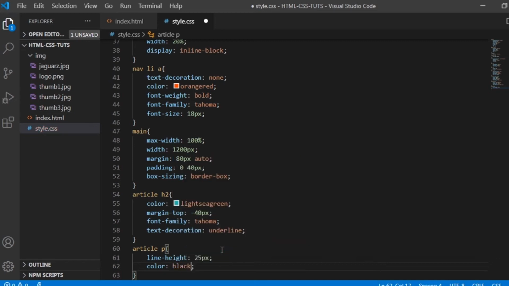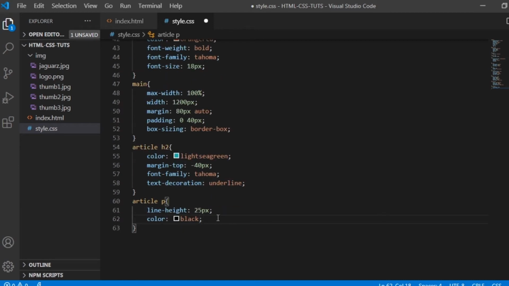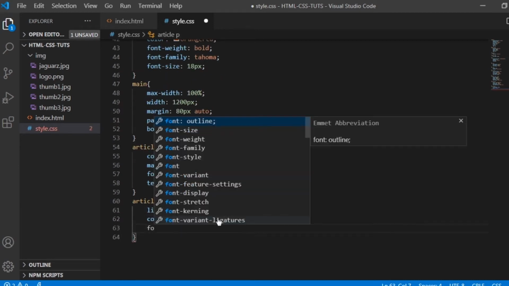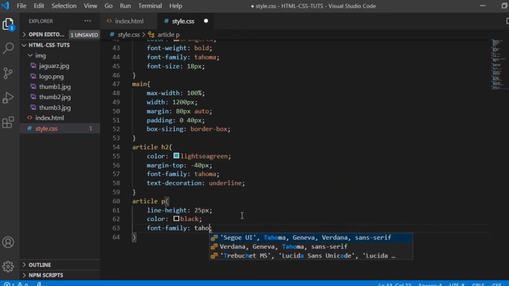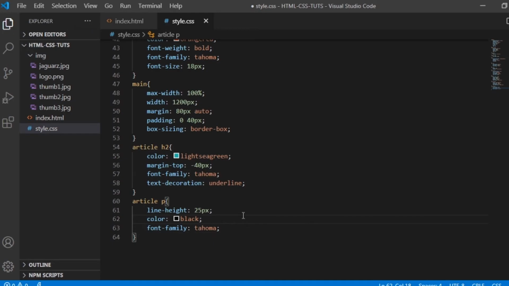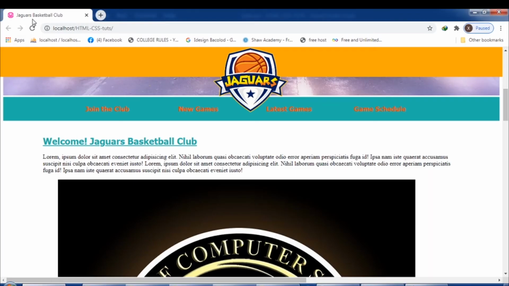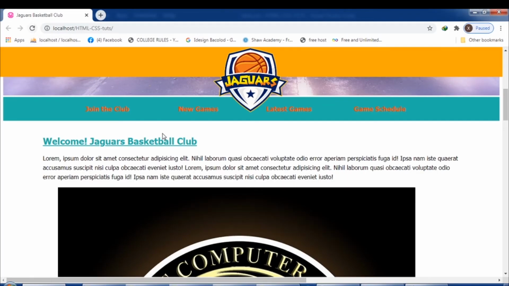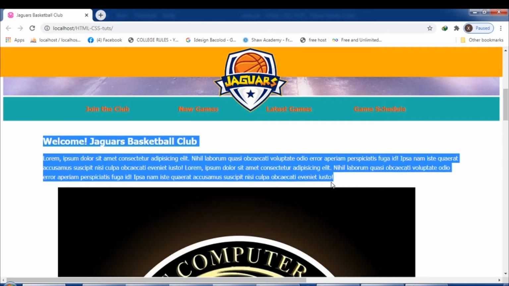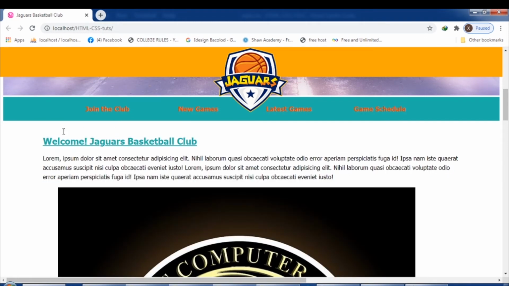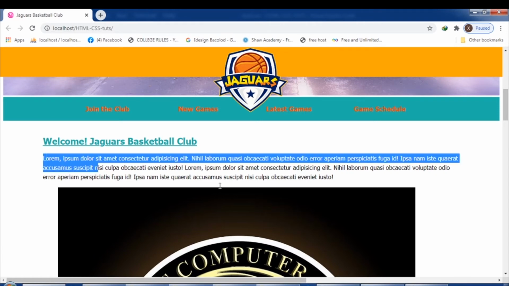Okay, and then the font family is Tahoma. Save. Okay, so there you go, guys. So this would be the design of our welcome text and the content.